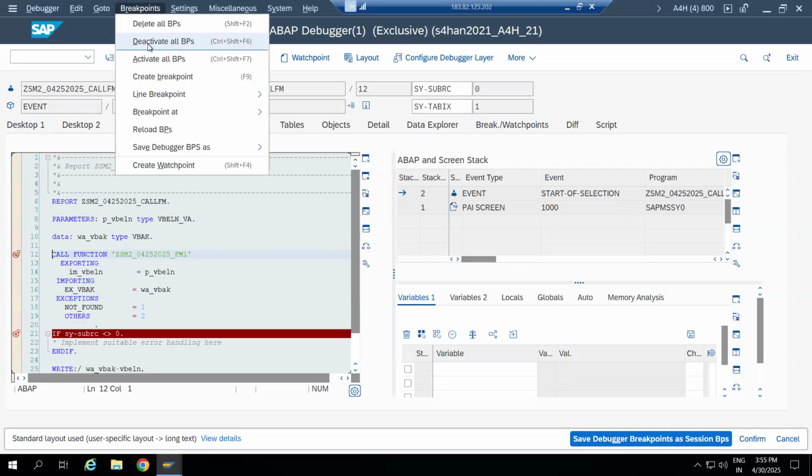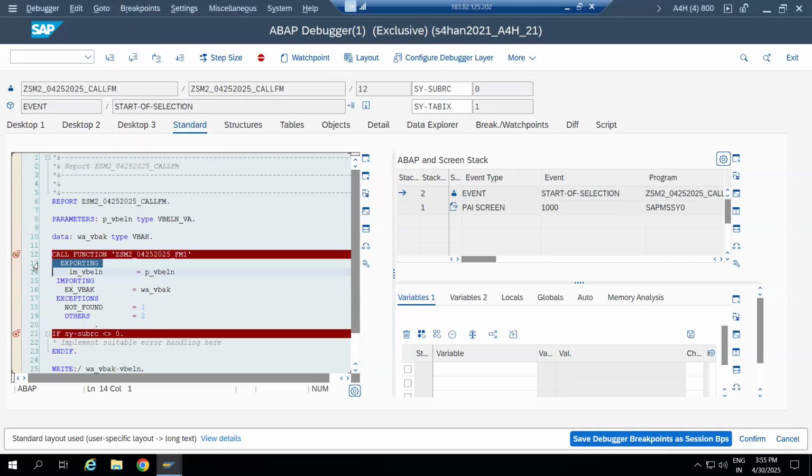So at a certain point of time, it will deactivate the breakpoint. Again, when you execute the same program, those breakpoints will be in active mode. Now there is a scenario: you have found the issue where it is exiting the program and you don't want to do debugging again. Suppose in the same program, you kept up to 25